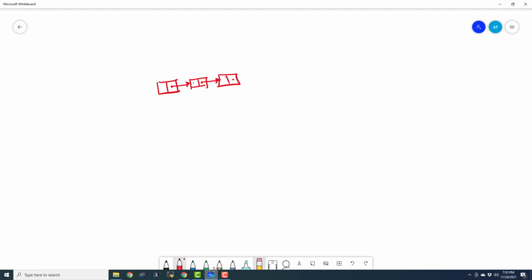The first operation is push. That is going to insert the node in the very beginning. And to do that, here we have the head node, okay? That points to the very first node. We have to change the target address of that head node to the newly created node, and the next pointer of the newly created node should be set to the very first node in the list. Then it is going to be like pushing a new element to the linked list.